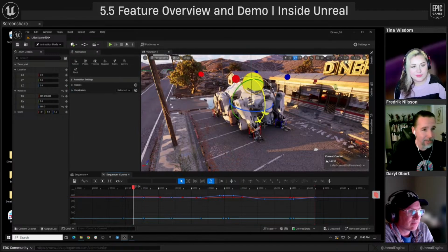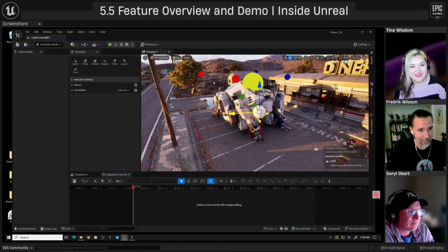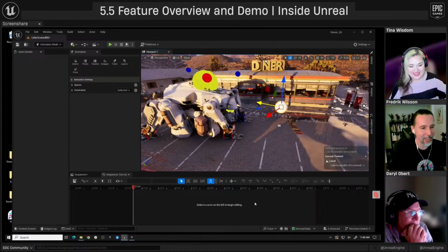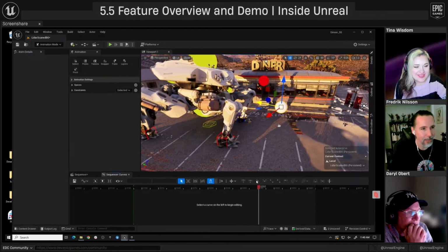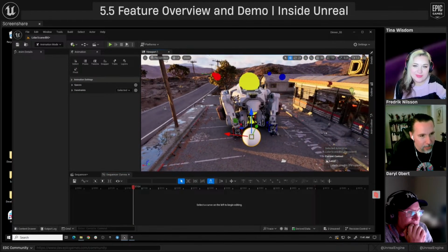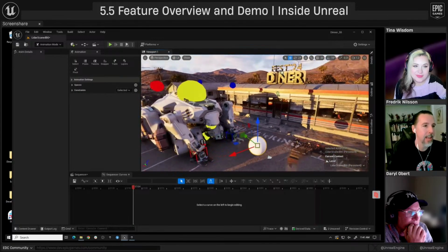Keep in mind, this is a live demo, so hopefully it all goes well. I'm going to try. I believe. So I'm going to put this kind of where he's looking. His head is kind of just looking forward, so I'm just going to aim it somewhere. It doesn't have to be exact. I'm just going to have the head aim to that.